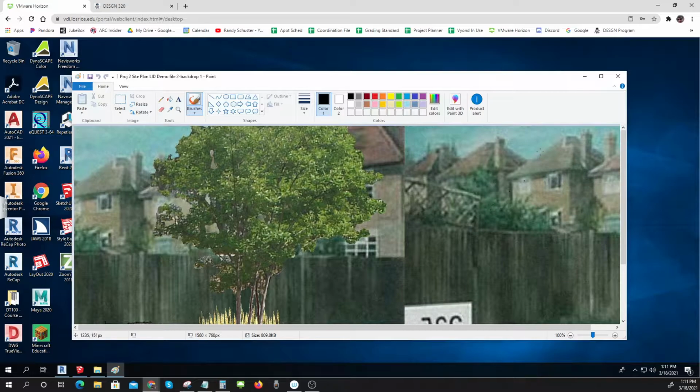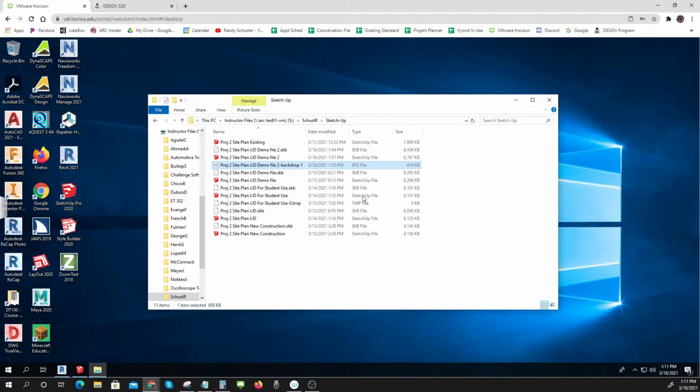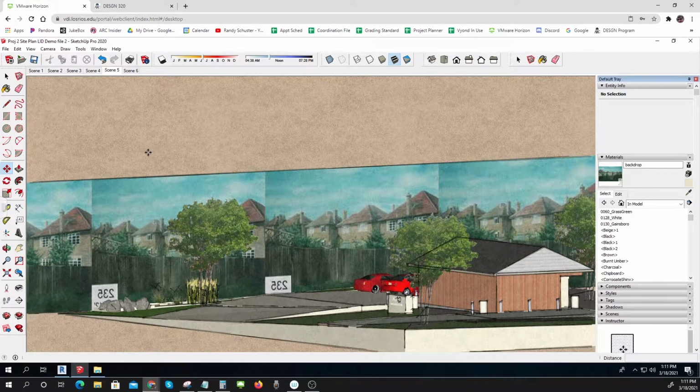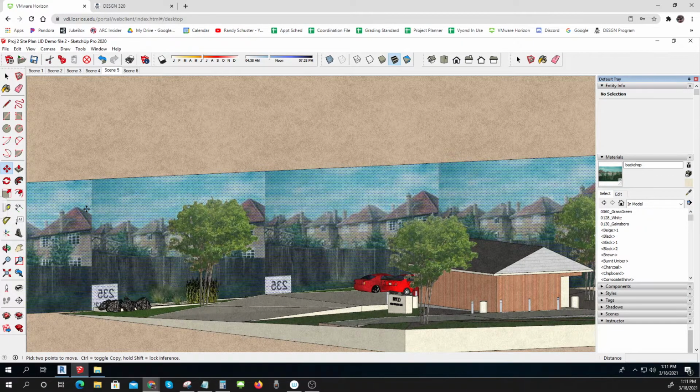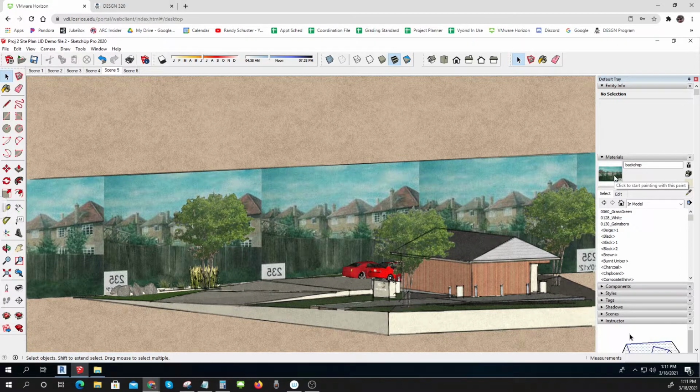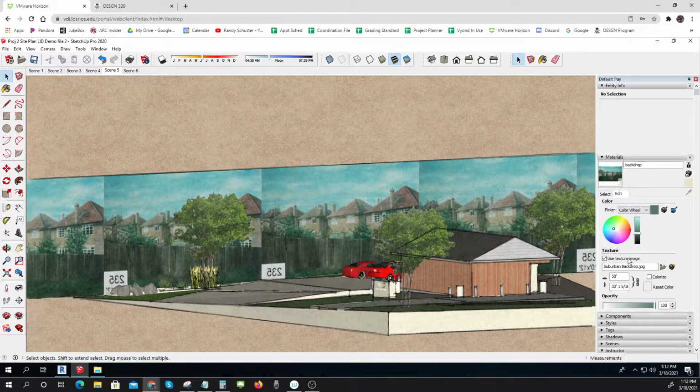Okay, so here's the takeaway. Remember, when you work with SketchUp and you want a background, you actually have to draw a screen or a plane to put the background on, and then you have to put it on as a material. You have to create a material and put it on there. Okay, so I could have maybe worked with the width of it instead of the height. Let's do a quick edit of that if I can. If instead of the height, I had worked on the width,